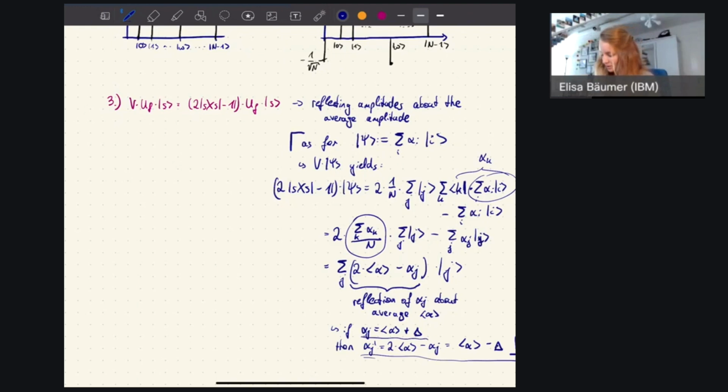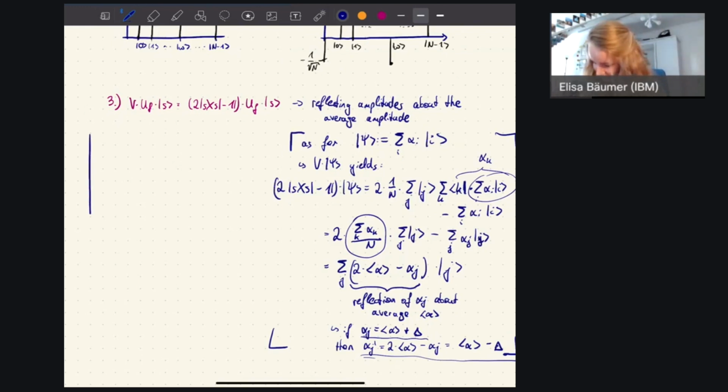Sorry, that was now a long mathematical description. Now you can start listening again if you were not too interested in this detail. I just wanted to give it because I was always wondering: I knew people were saying it corresponds to a reflection of the amplitude, but I didn't really know why. So at some point I did the calculation and I thought I'd just share it with you because we have enough time, I believe.